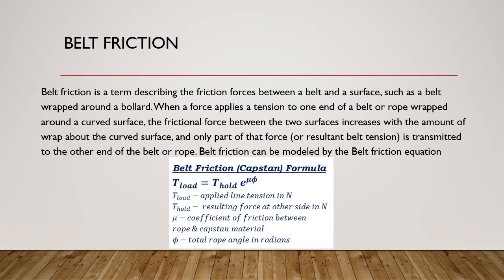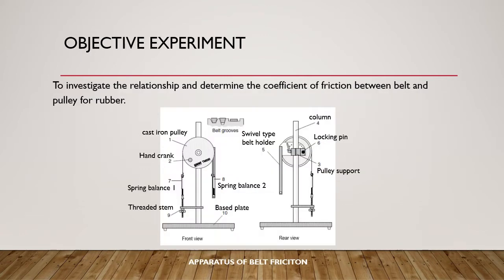So, in belt friction, we use the capstan formula: T load equals T hold times e to the power of mu theta. Experiment objective: to investigate the relationship and determine the coefficient of friction between the belt and the pulley